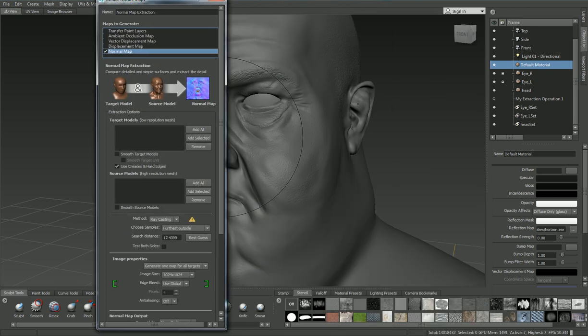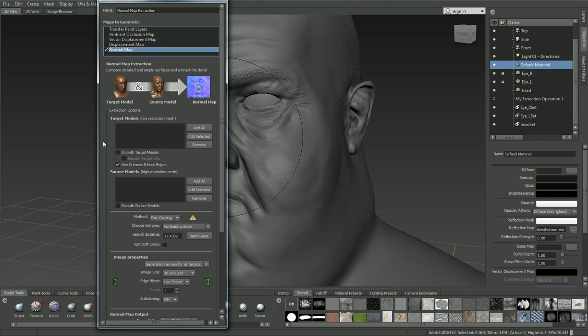So in here what you're looking for is to add in the target model. So if you just click on add all, then it brings in the eyes, the eye and the head. I'm actually only interested in the head, so I'm just going to select the two eyes and remove them. The eyes are just spheres, we can do those later. So the head at level 0,